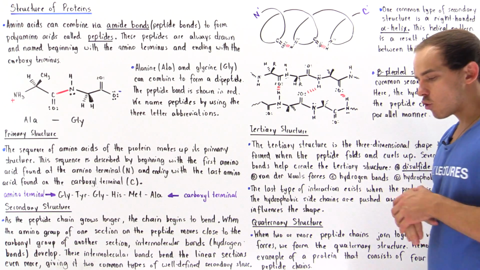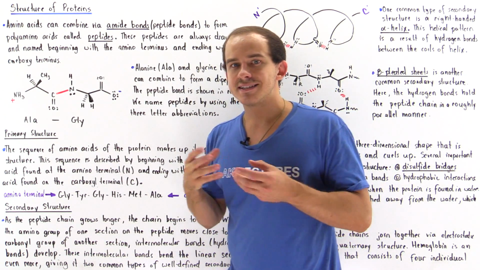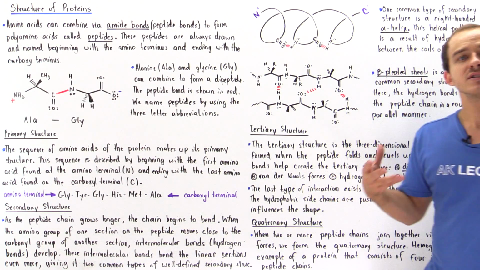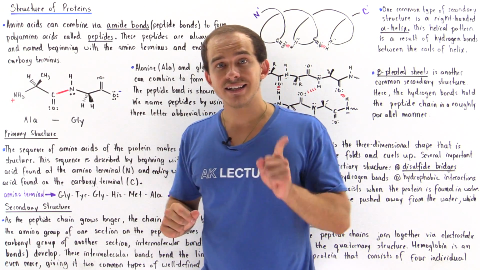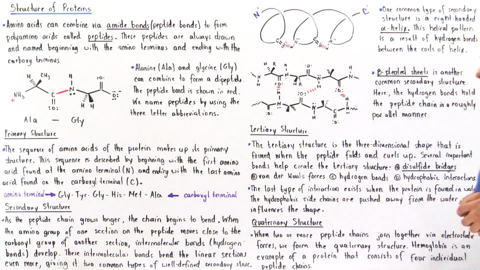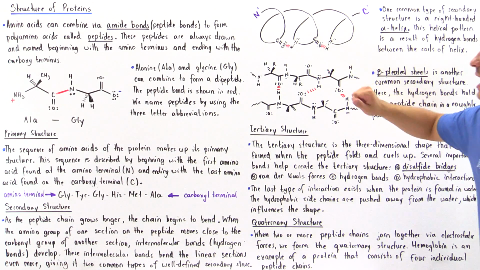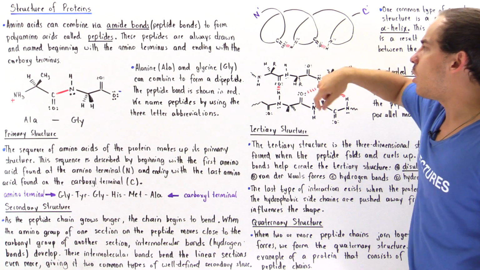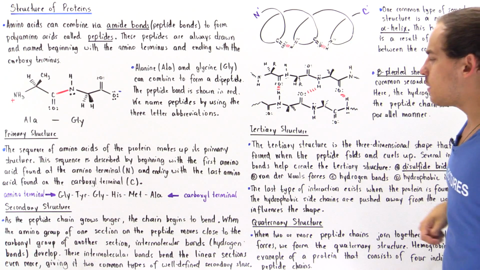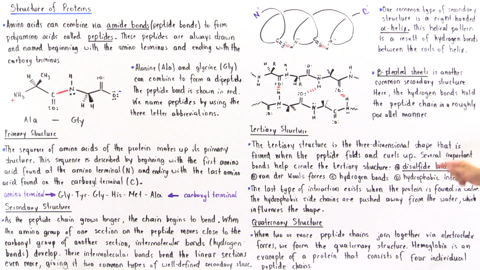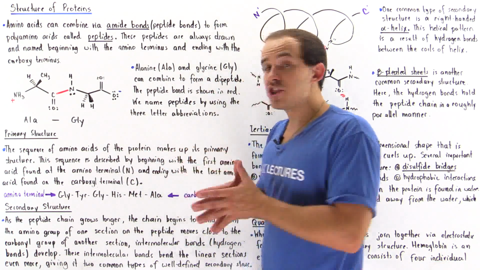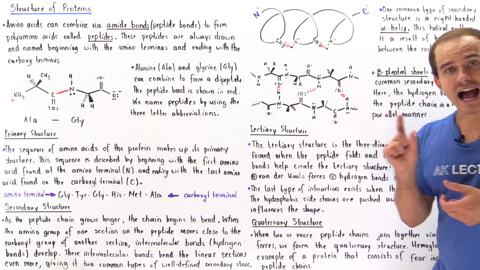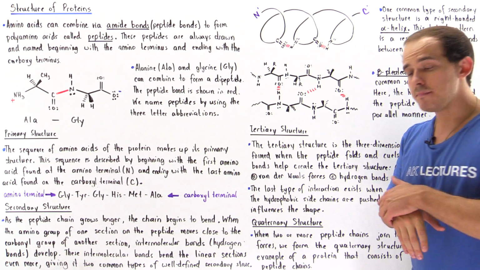Now, van der Waals forces are basically the forces that exist as a result of electrostatic interactions, as a result of the instantaneous or non-instantaneous dipole moments that exist on our molecule. Hydrogen bonds are basically the bonds between the carbonyl group of one amino acid and our amino group on the other amino acid. And hydrophobic interactions are basically the interactions between the water solvent and our side chains, the side groups found on our amino acids.